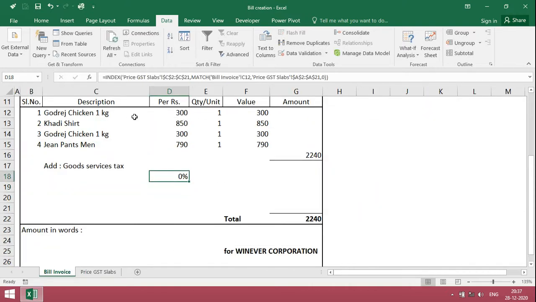So for the first product there is no tax. For the second product, same way, just copy the formula to the next.